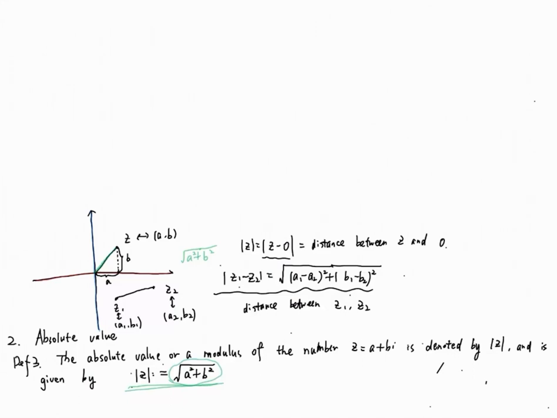So this is the geometric meaning of the absolute value. This geometric meaning of absolute value between two numbers is very useful in describing certain curves in the complex plane. So for example,